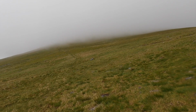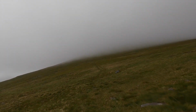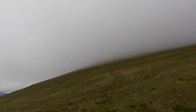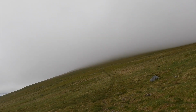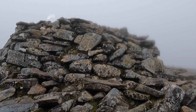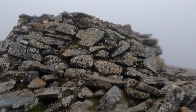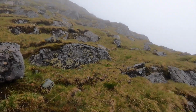So we're on a grassy track now, quite a nice grassy track. It looks like a quad bike's made it, and it's heading up towards the summit. Maybe, I don't know, 150 metres of ascent. Is this the top? Chno Dearg! I have to sit down because I can't stand up in the wind. It's ridiculous. So I just took a bearing off the top, and I'm